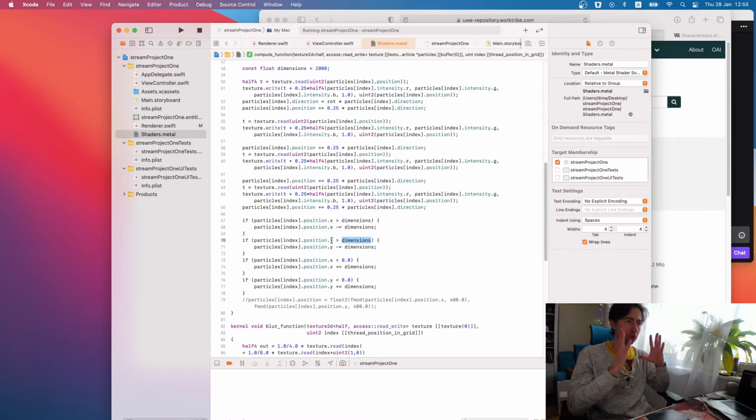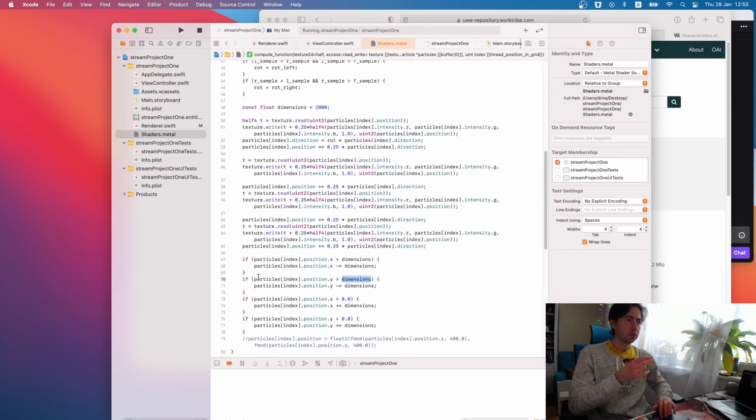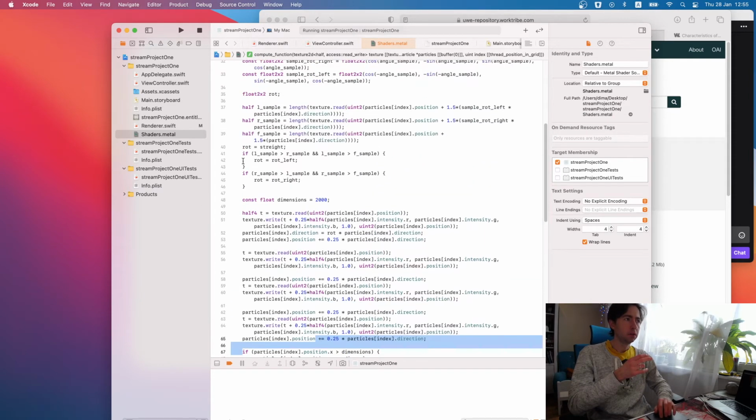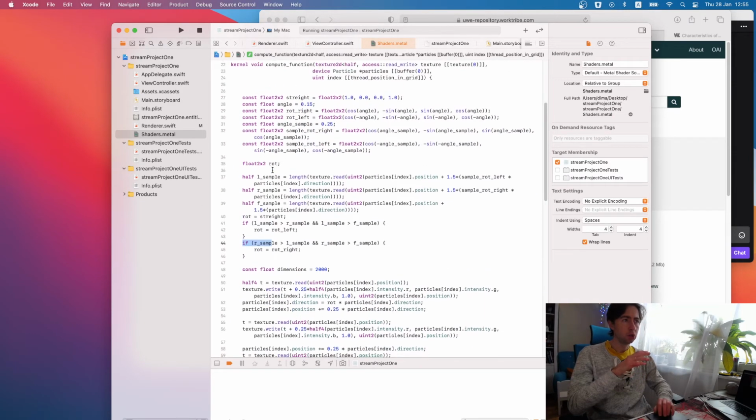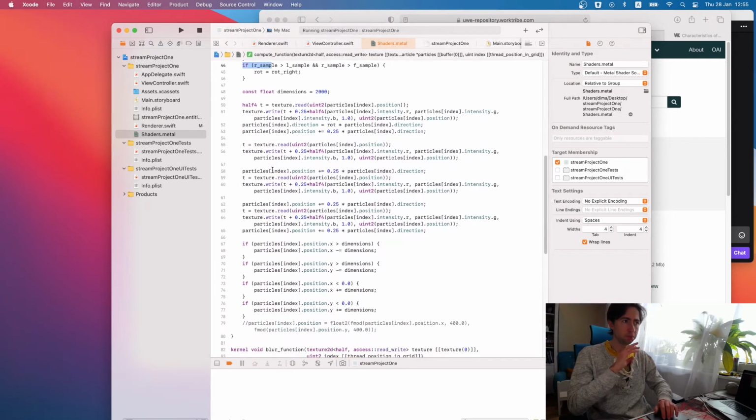And one thing to notice here, the if statements I have all over here are actually not good for shaders. I'm not sure if they are that bad for modern compute shader units, but they're for sure not good for fragment shaders.